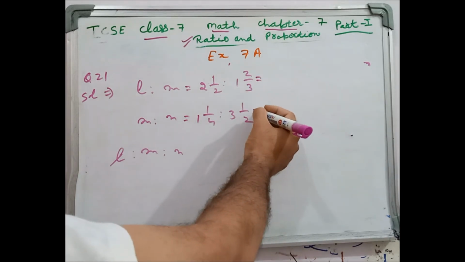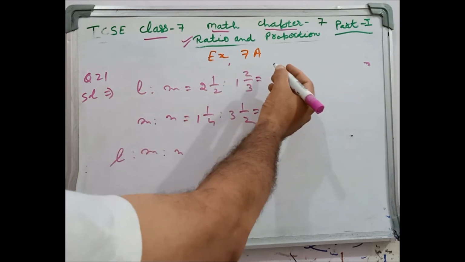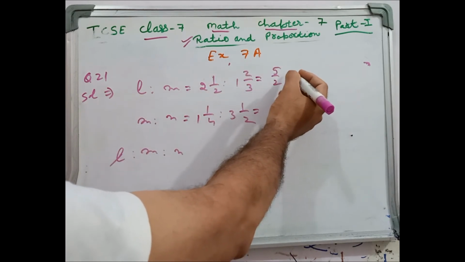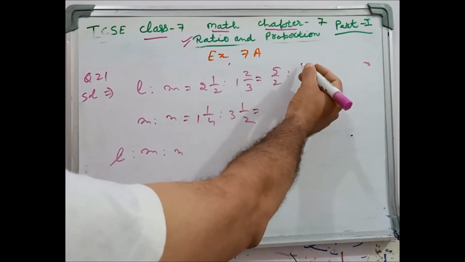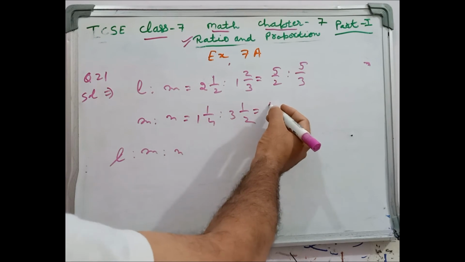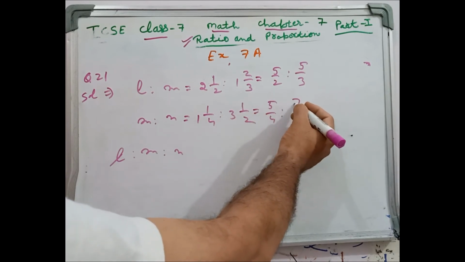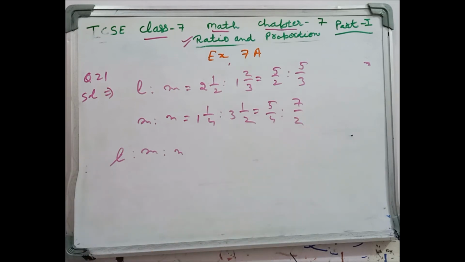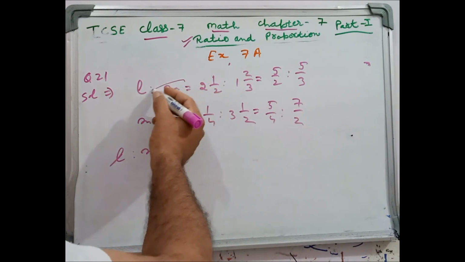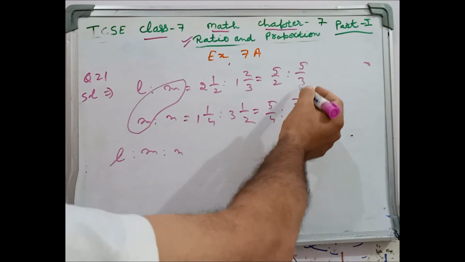So first of all, we will change it into simple fraction, vulgar fraction. 4 to the 4 plus 1, 5 upon 2 ratio 3 to the 3 plus 2, 5 upon 3. In the same way, 4 1 plus 5, 5 upon 4 ratio 3 6 plus 1, 7 by 2. Now students, this is the common term, and here the common term is different.